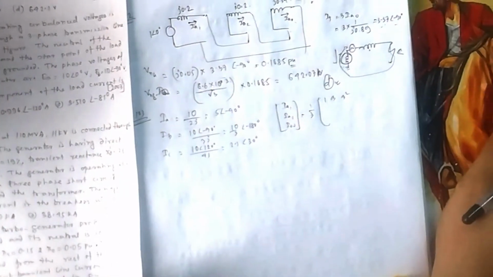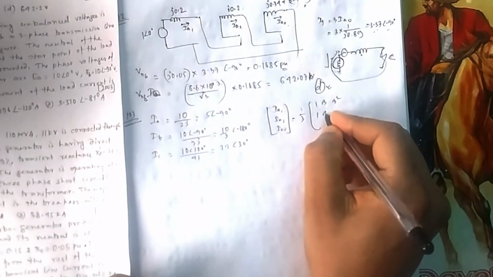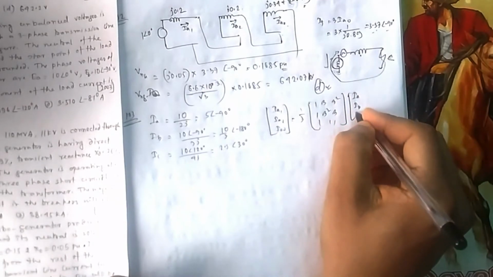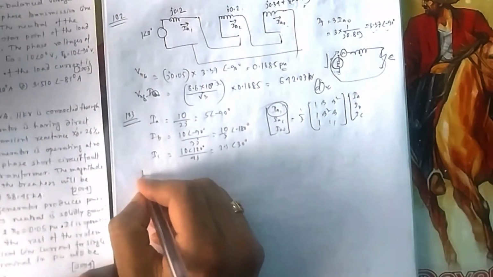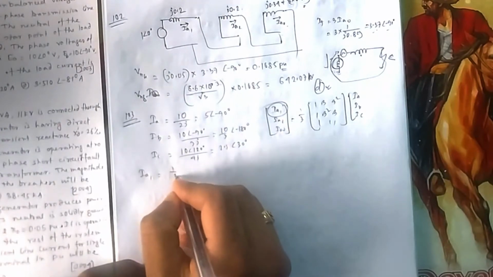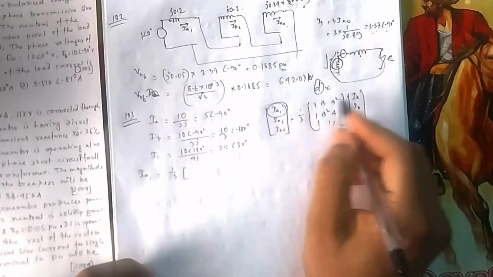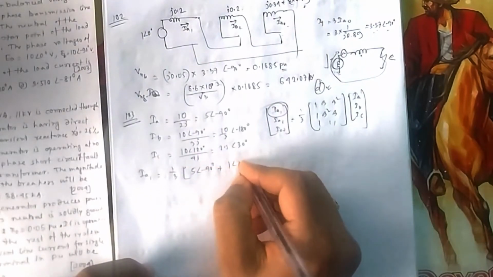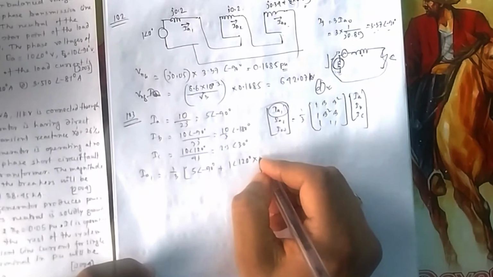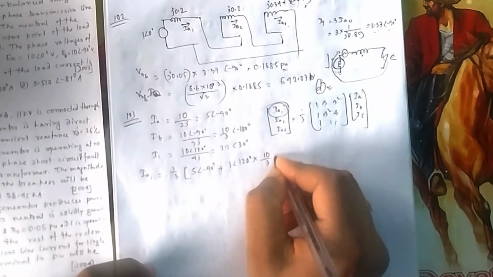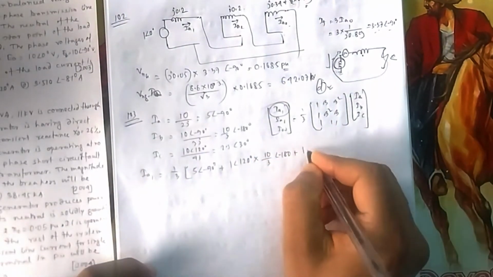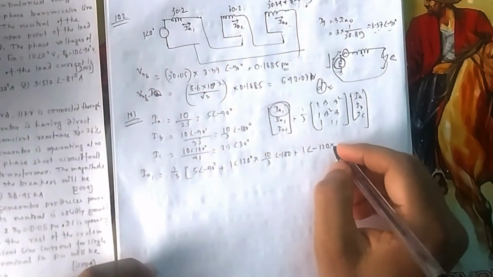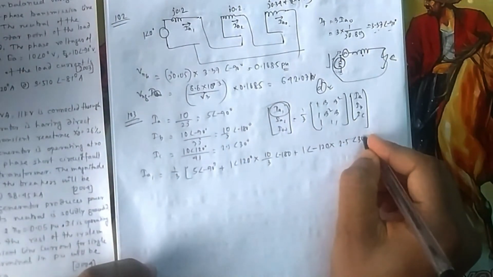So you know your IA1, IA2 and IA0 is equal to 1/3 of the matrix 1, alpha, alpha square, or beta, sometimes they say, which is 1 angle 120, 1 beta square beta, or 1 1 1, times IA, IB, IC. Because they are interested in IA1, you will calculate only IA1. So IA1 will be equal to 1/3 of, so this into this, that is 5 at an angle of minus 90, then plus 1 at an angle of 120 multiplied by your IB, 10 by 3 at an angle of minus 180, plus 1 angle minus 120, that is beta square, 240 or minus 120, whatever you write, 2.5 at an angle of 30.